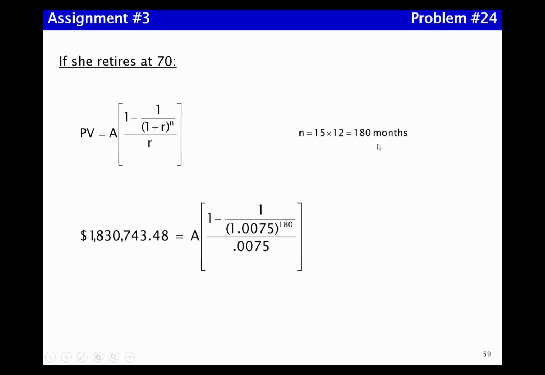She could withdraw that amount every month for the next 240 months, 20 years. If she retires at age 70, now she's going to have 180 months of withdrawals. Because if she retires at 70, now she only has 15 years over which to make the withdrawals, or 180 months, and she also has a higher future value that she can withdraw from. So we can see when we solve for A here, we get a much greater amount, almost double the amount that she can withdraw each month. Not quite double, 80% higher, whatever it is, roughly, than she had before. Okay? All right, this ends our solutions to